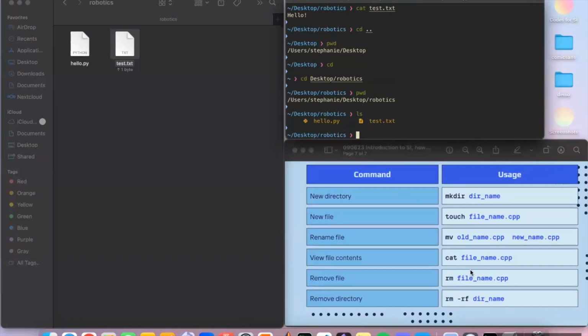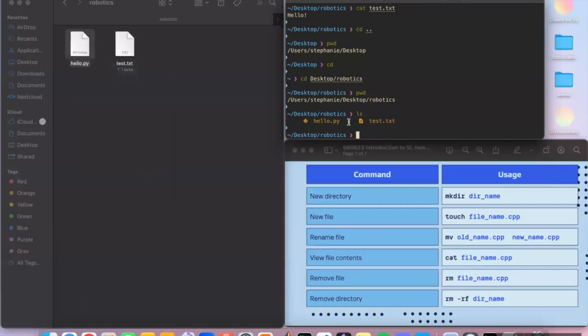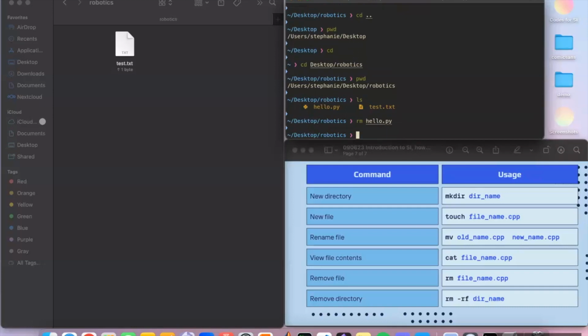So first we're going to delete this hello.py that we never ended up using. If you were to delete it normally, we would come over here, press this, and move to trash, or we just drag it. We are not going to do that. We're going to use the terminal, and we're going to use the rm command, standing for remove. rm space, and then whatever it is we'd like to delete. So we're going to do rm hello.py. And if we enter that,